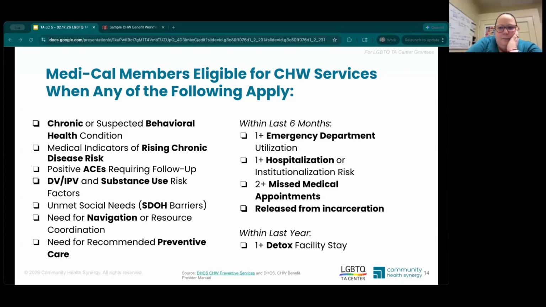We need like a flow chart. I'm constantly thinking forward about how I'm going to train all of our staff to do this kind of work. And we're in various settings. I got some school-based family resource centers. We got the drop-in center for the LGBTQ and the foster youth. So I got an elder program. So I got lots of populations. And it feels like we need like a flow chart,